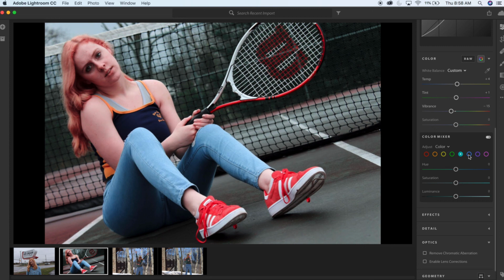Then the blue hues are what's super important. For the jeans, it's going to be more of a dark blue in this photo. So I'll start with my light blues, and I bring the hue towards aqua. So in this photo,